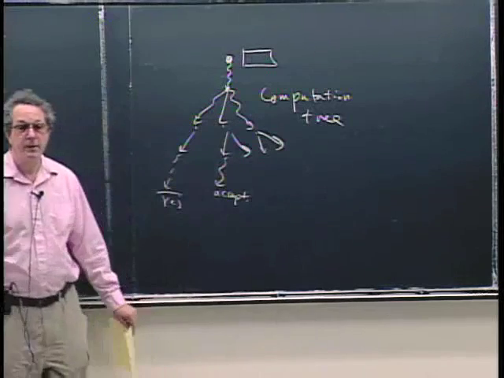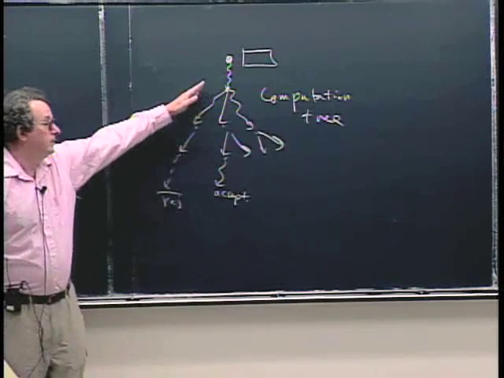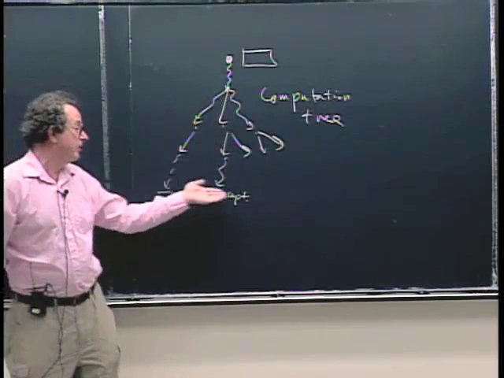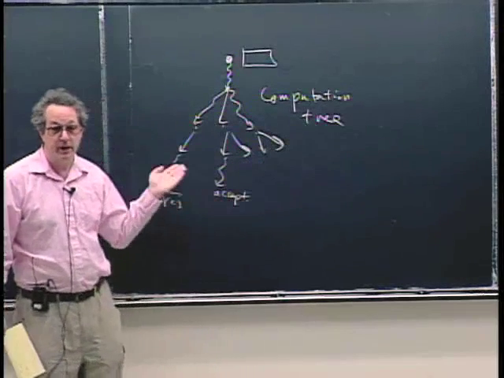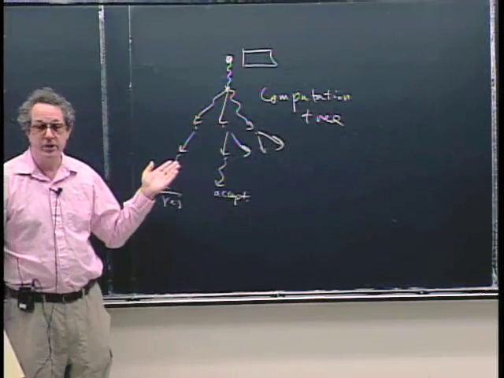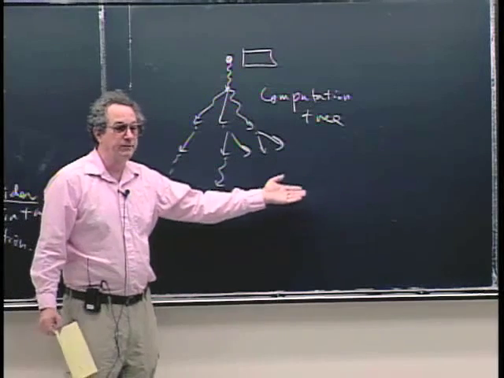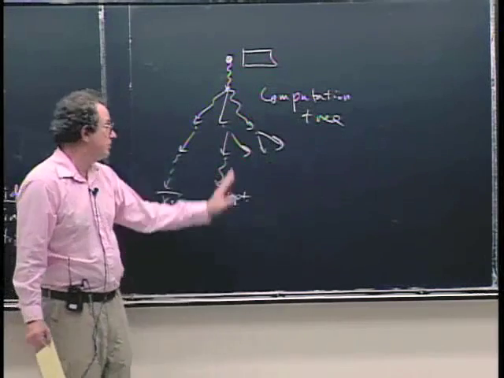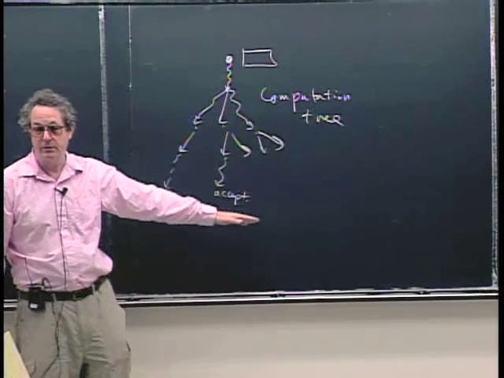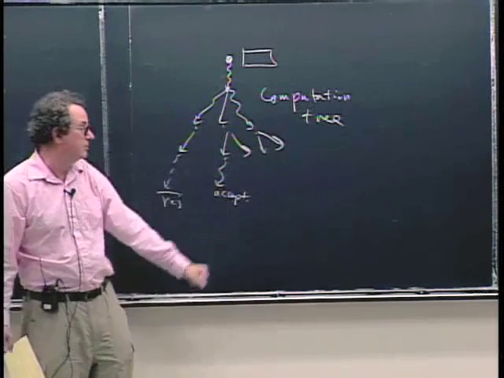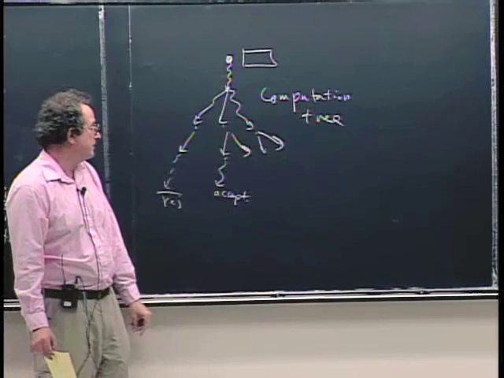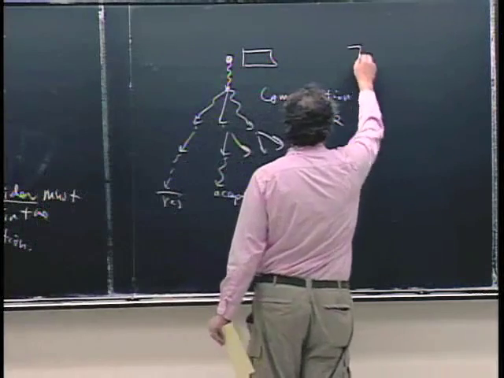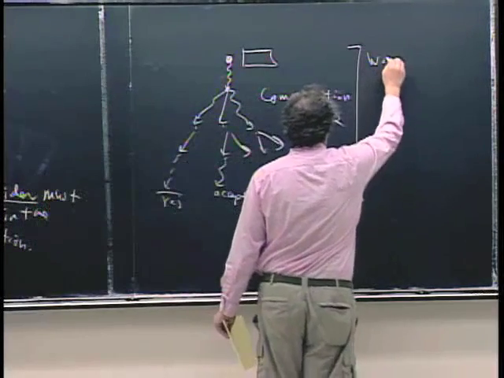And then the non-deterministic Turing machine accepts its input if and only if at least one of these paths accepts, and it rejects its input if and only if every one of these paths rejects. This is just a reminder of what it means to be a non-deterministic Turing machine and what computation a non-deterministic Turing machine does. And because of that, we can now define the worst case running time